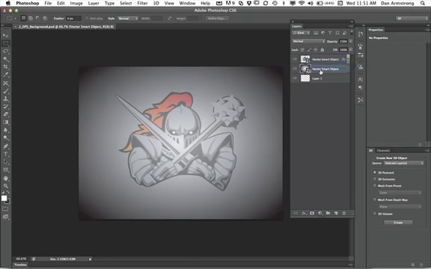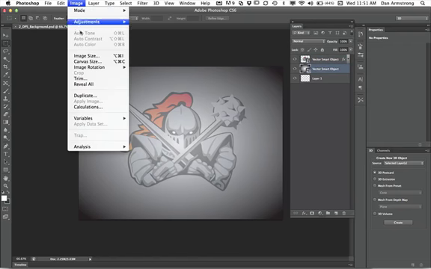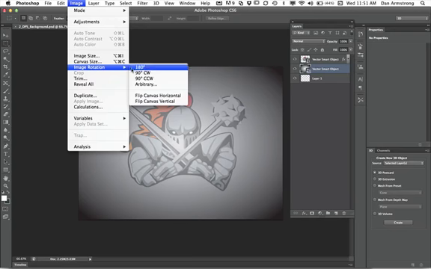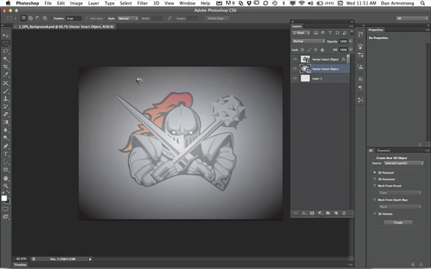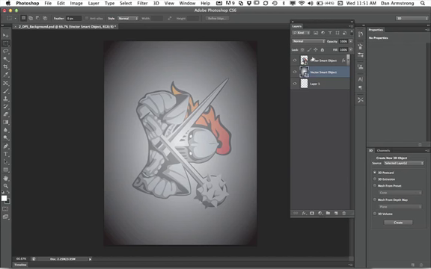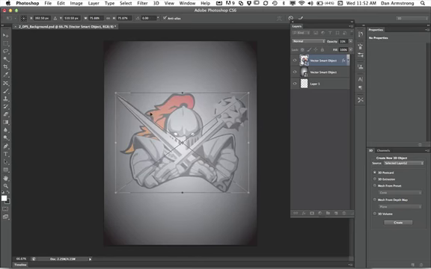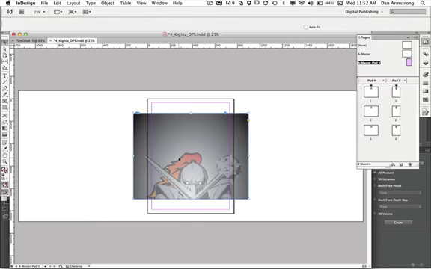So then what I can do is simply come in here and do an image rotation and rotate it vertical. And then with my Smart Object, I can transform it with Command T, and I can just come in here and rotate my image so that it fits nice again. And when I've got it how I want it, a Command S will save it. And when I jump back to InDesign,